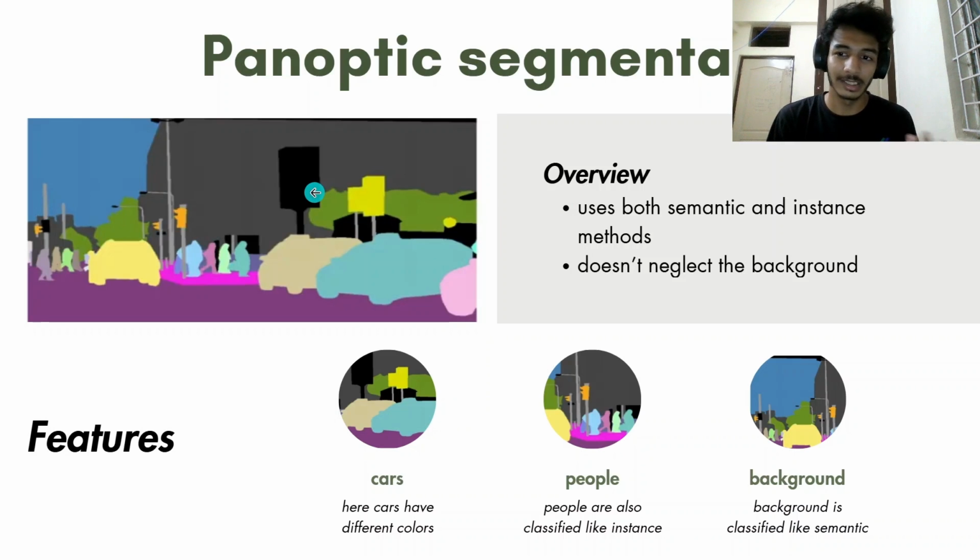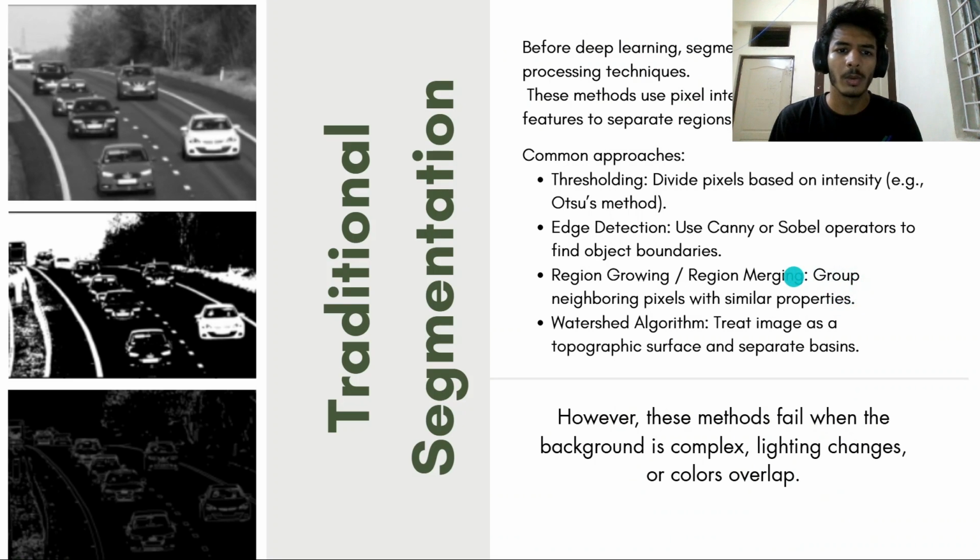It uses both semantic and instance methods. It doesn't neglect the background like instance. It'll take the background using the semantic methods, like you can see the road, buildings, and all are similar to the semantic segmentation, whereas the foreground objects are very similar to instance segmentation. Now, why do we need